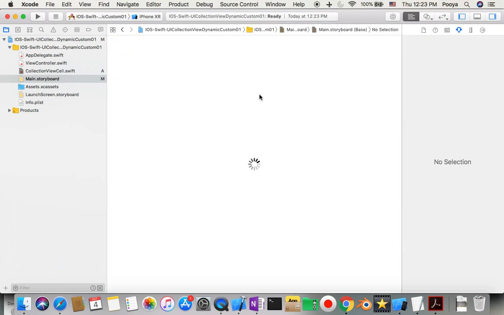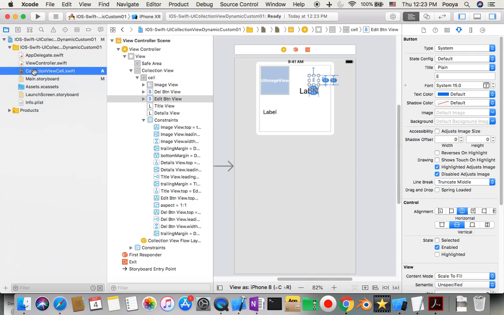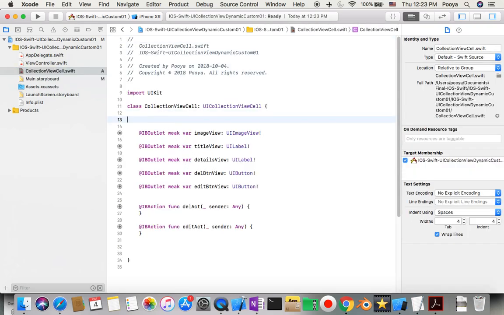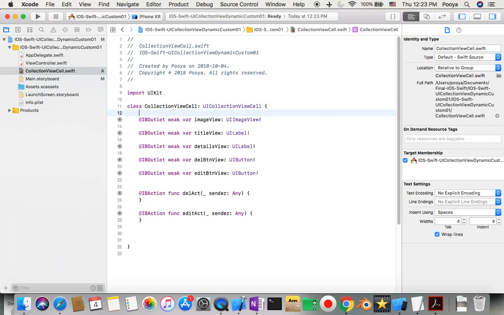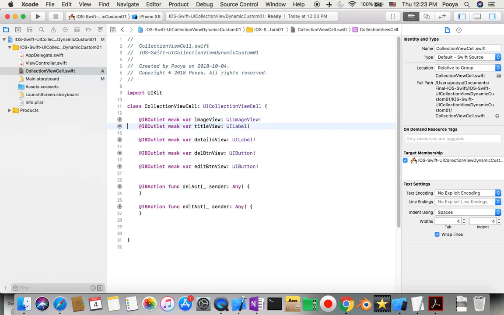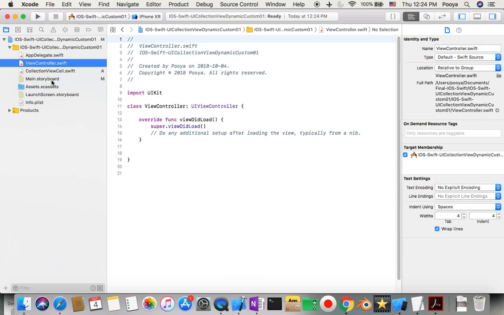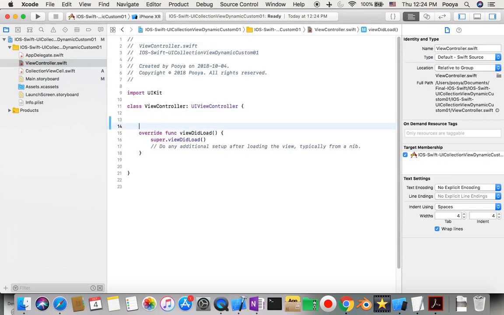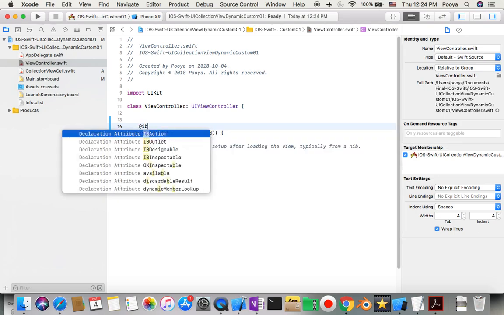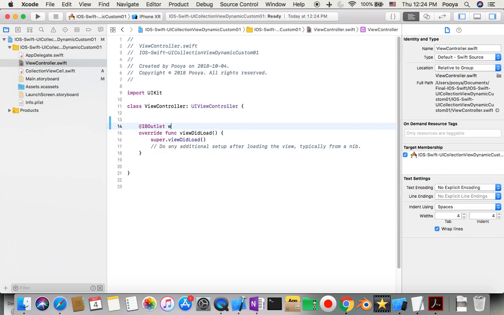So I'm gonna close this, and let me go to collection view, make it a little bit short and clean. Okay, so we are good for this one. Now I'll go to view controller. Here I need to add one connection, so I say @IBOutlet weak var and name it